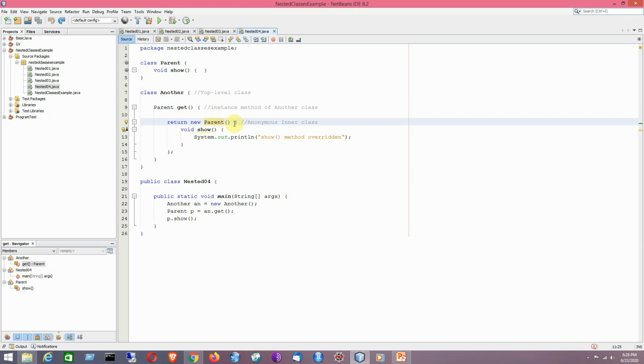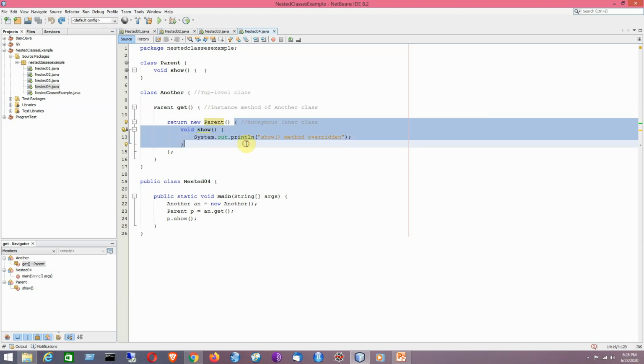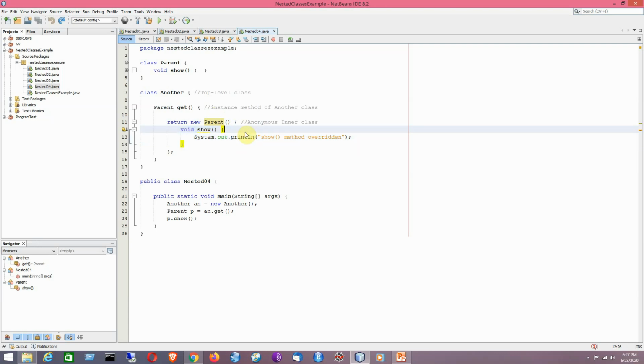But within the constructor call I have defined a pair of braces, and within it I have redefined the method show. It is a classical example of method overriding, though I have not used the keyword extends.